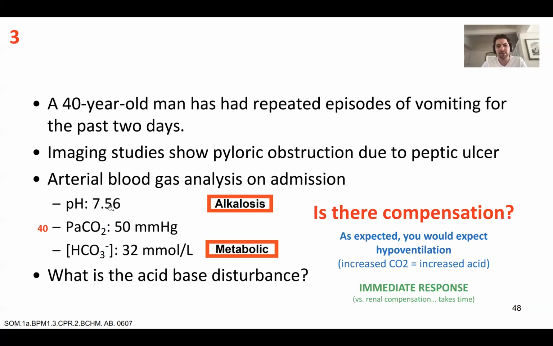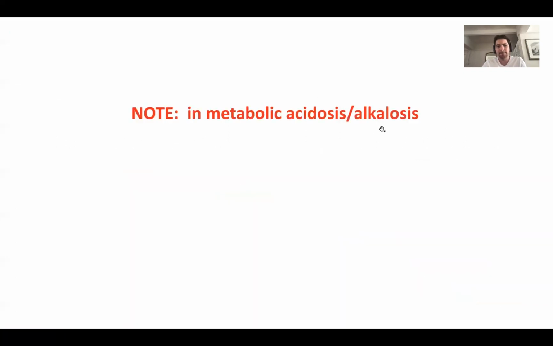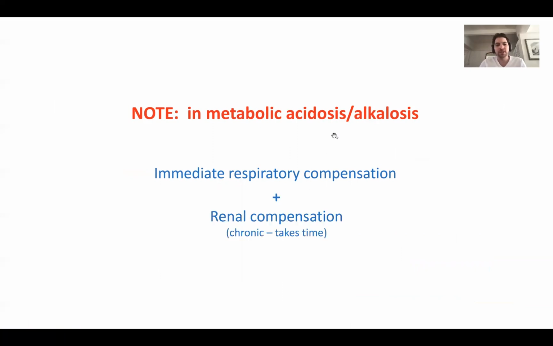So first we could say easy enough, alkalosis. Which of these is causing alkalosis? No, that doesn't cause it, but this does. Metabolic alkalosis. Why is this off? Because you're trying to compensate for this alkalosis by hypoventilating and increasing the acid in your system. Again, if it's a metabolic problem, you can compensate with your respirations pretty quickly, but you can also have renal compensation, but that takes